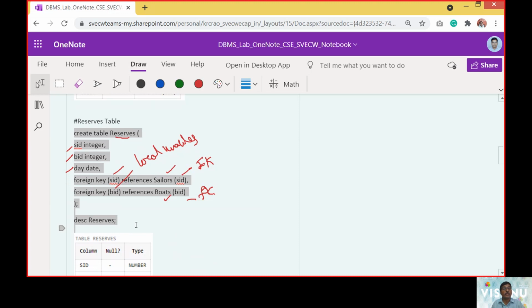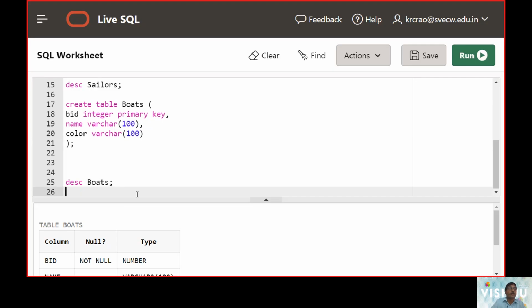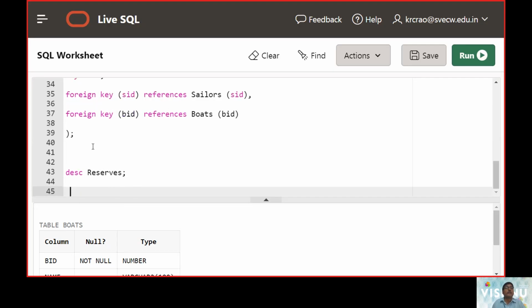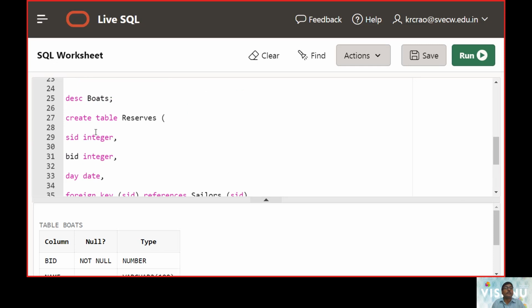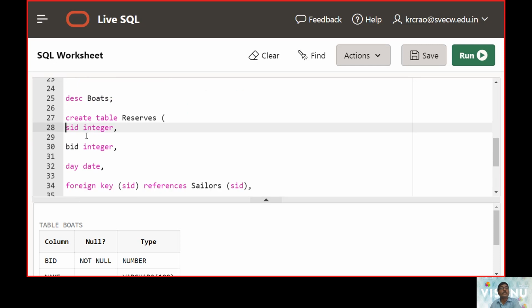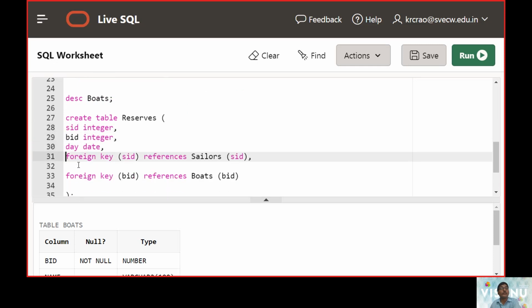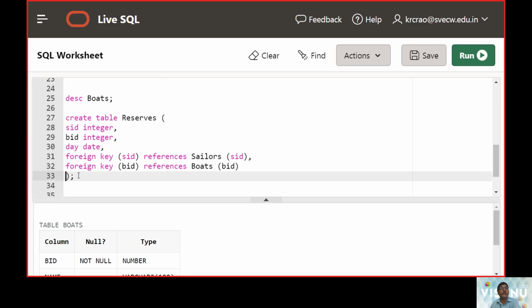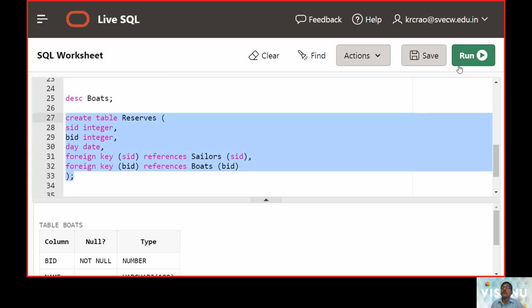Taking up the third table called reserves, with the two local variables SID and BID. These two local variables refer to the primary keys of the parent tables, that is sailors and boats. Now we create this using the data definition language.